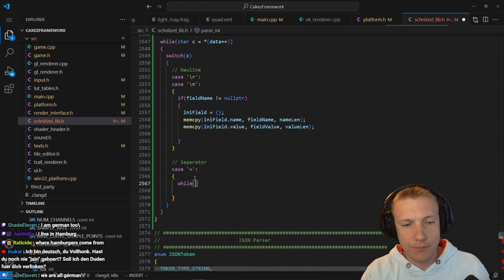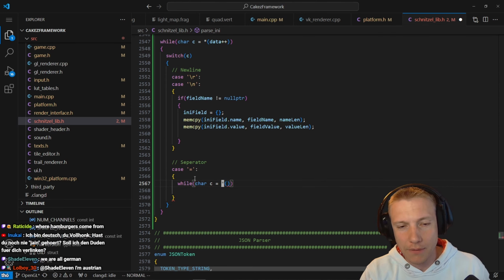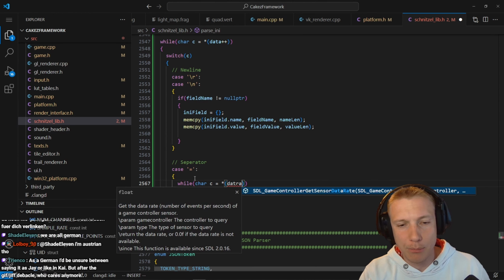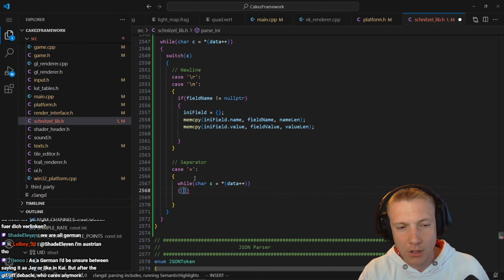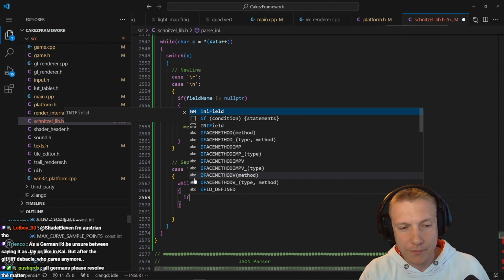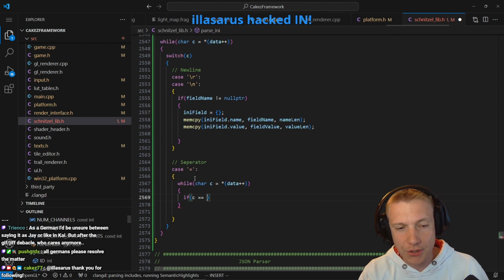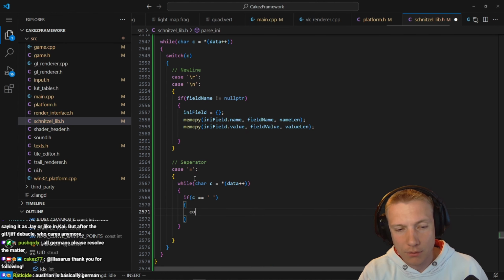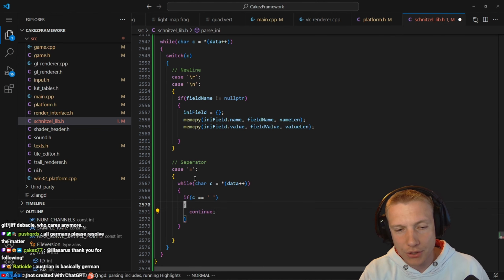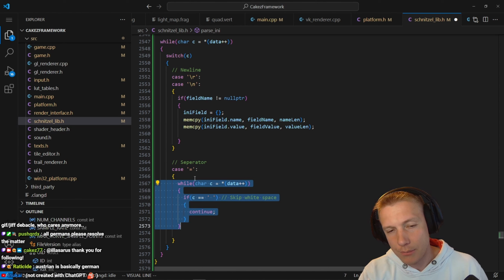So while char c is the value of data plus plus, this is the next character. If c is nothing, continue. This will skip white space. I don't know if I need this actually, but essentially,